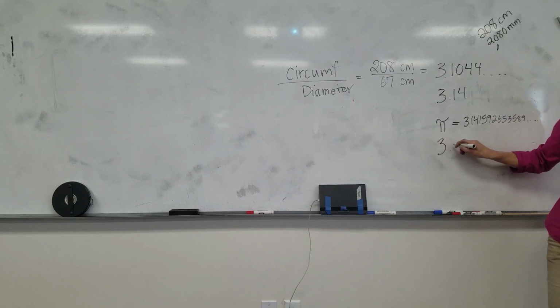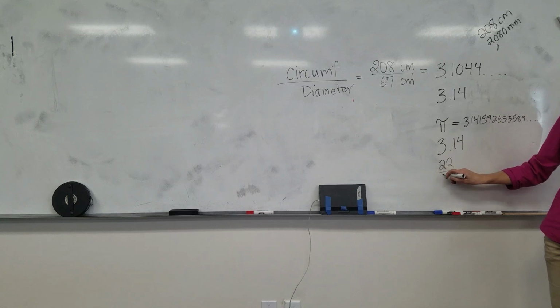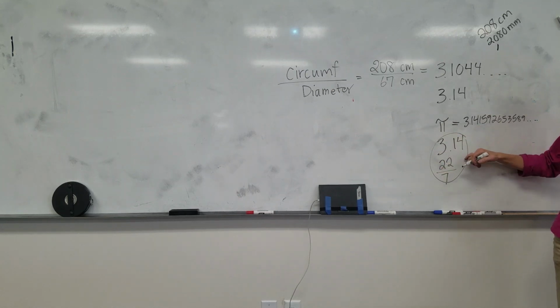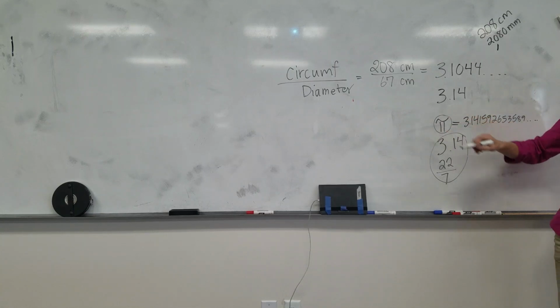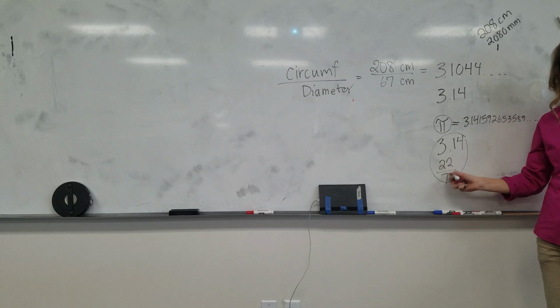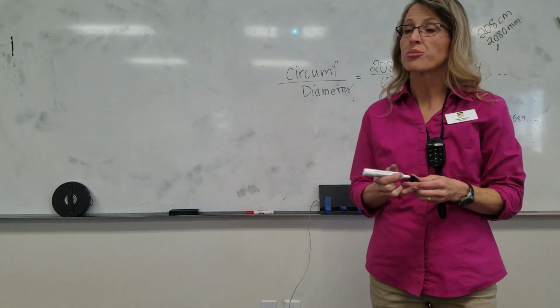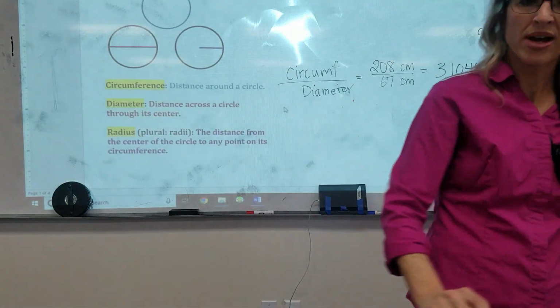We approximate pi to 3.14, but we also approximate pi to 22/7. These are close. They're rounded. This is actual pi, okay? And sometimes when we do questions, we don't even need to use one of these numbers. We can use the pi symbol to just express our answer in terms of pi. So we're going to do some of that today. So, getting back to this,